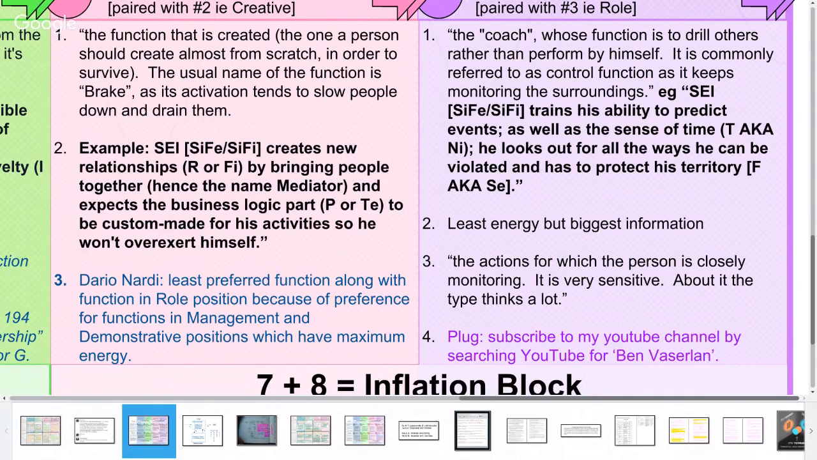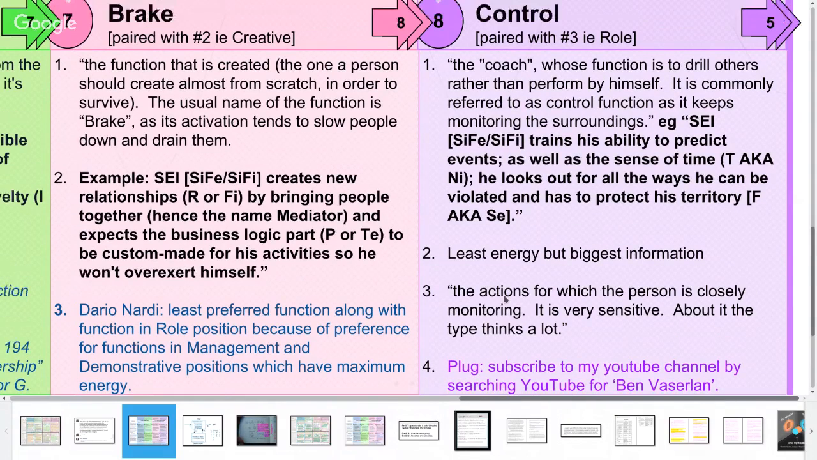The actions for which the person is closely monitoring, it is very sensitive about it. The type thinks a lot, such as INTP will keep thinking about their lack of productivity. Right. And it will gnaw away at them. Right. Now,